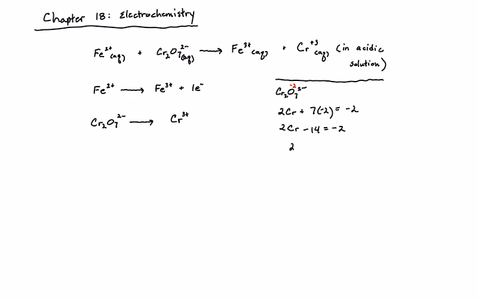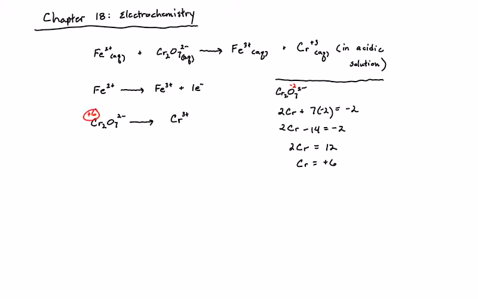We add 14 to both sides. Okay, we wind up with 12. So the oxidation state for chromium is going to be +6. Okay, so we're going from the +6 oxidation state